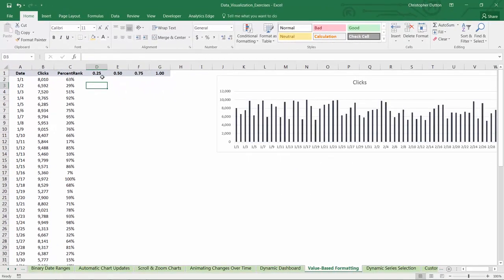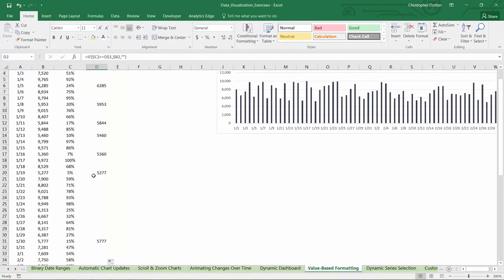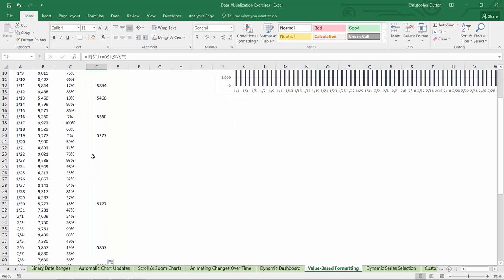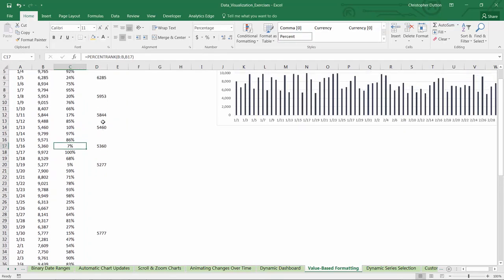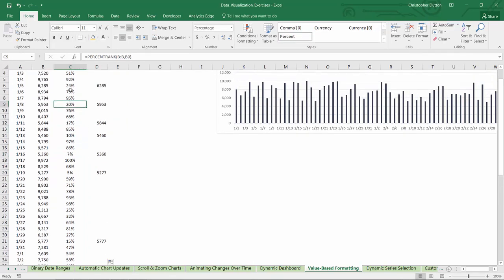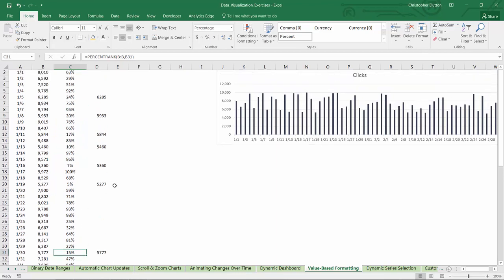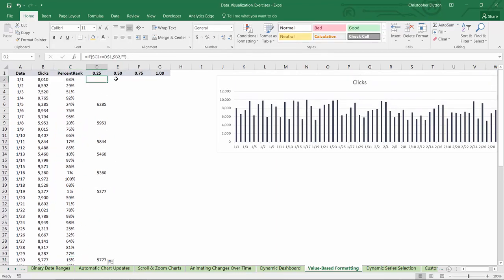So I'll hit OK. And now if I apply this down, you'll note that the only cells populating values are cells where a %rank falls under 25. So there's a 20, 24, 15, etc. So now similar case here, we just need to write a new function